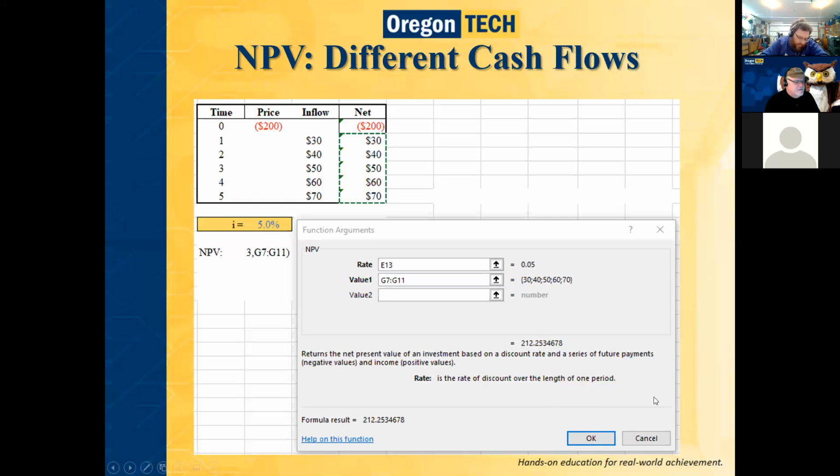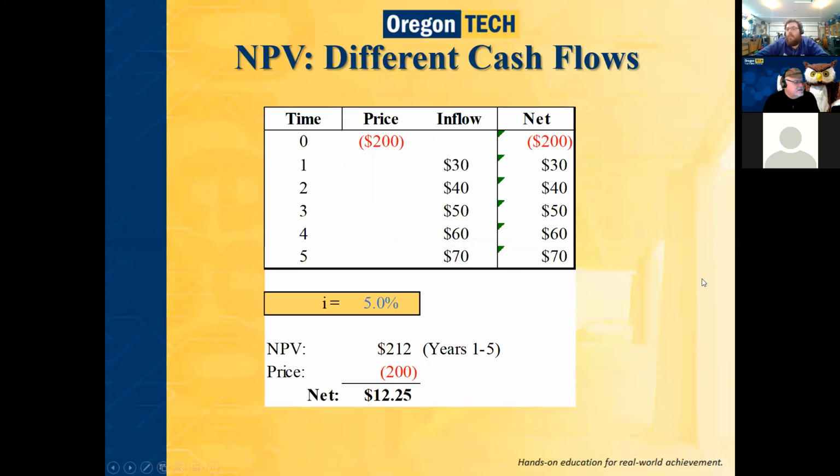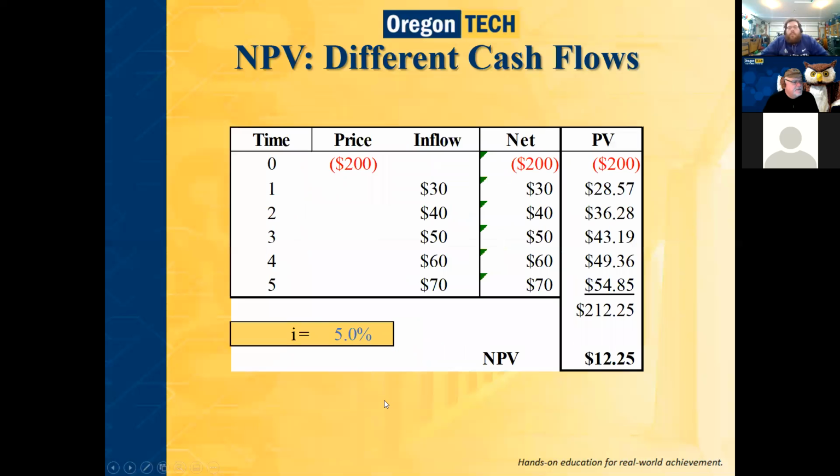So that's your net. You can do it in Excel. It's a wonderful thing. So in Excel, same thing. You use 5, get the same answer that we did manually. So different cash flows. Another way you can do it, if you wanted to, is